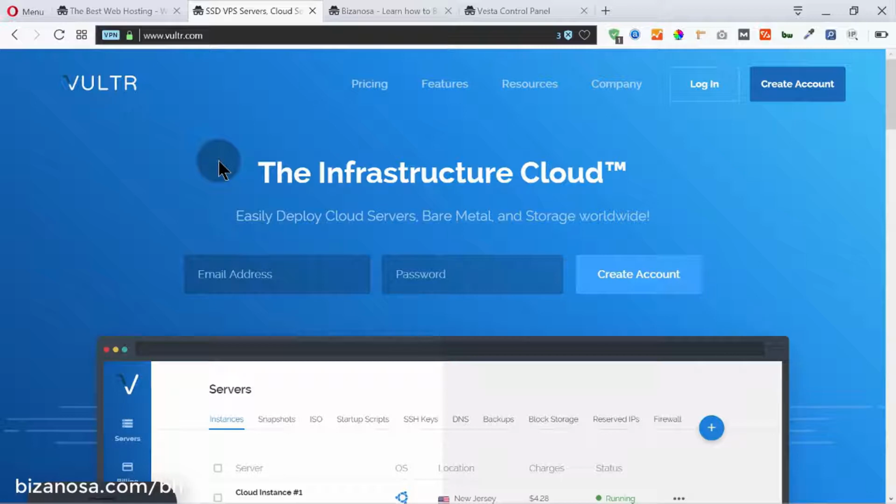But this is not a course about VPS. As soon as I'm done with this Bluehost tutorial, I'm going to do a new tutorial on how you can move your website from any shared web hosting into VPS, and in that course I'll be using Vultr because it's the one I use currently. I've also used DigitalOcean, but I'm currently using Vultr, so that's the one I will use as my sample in